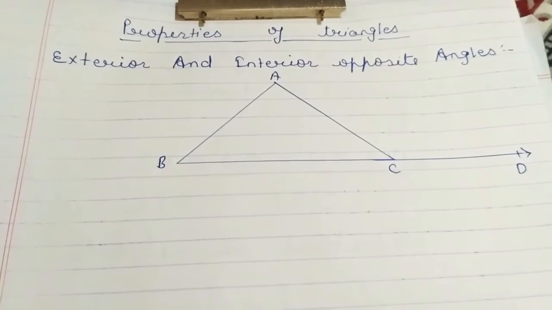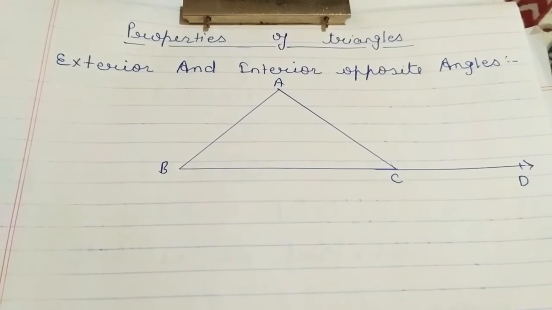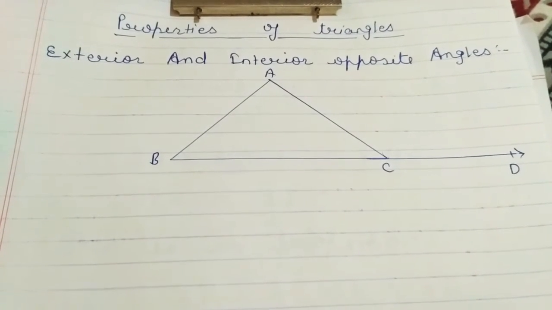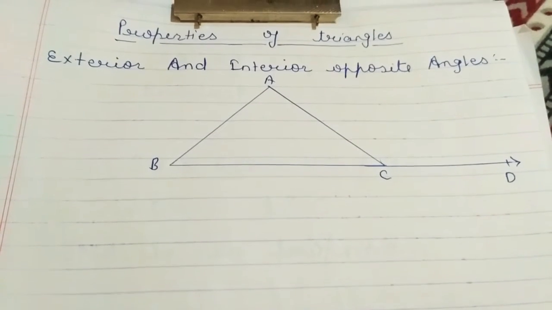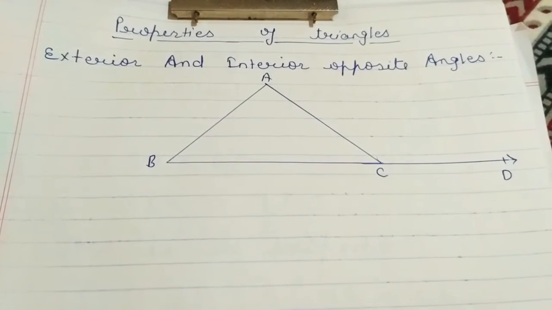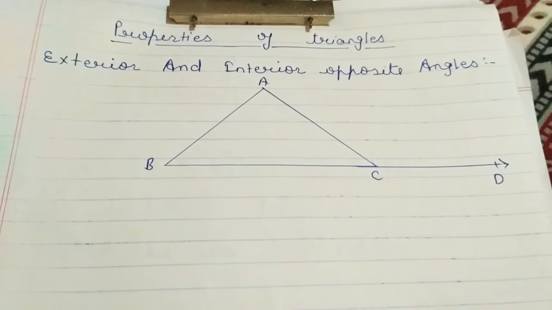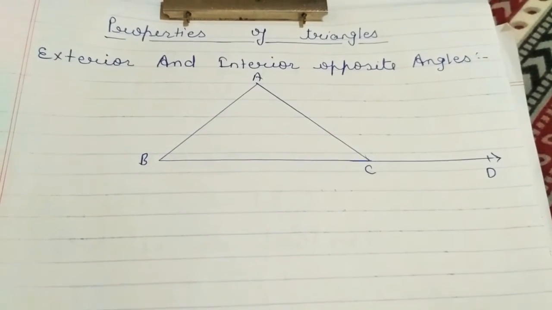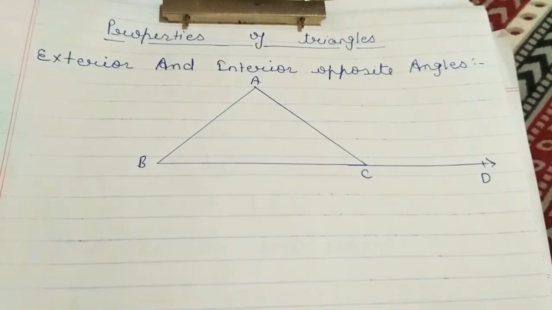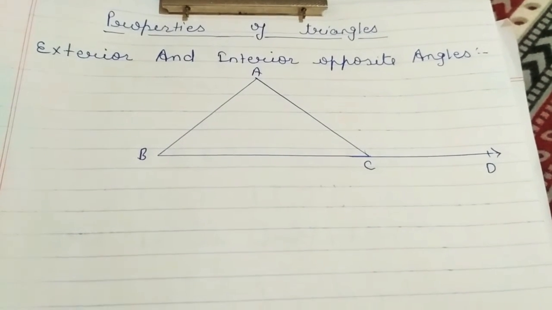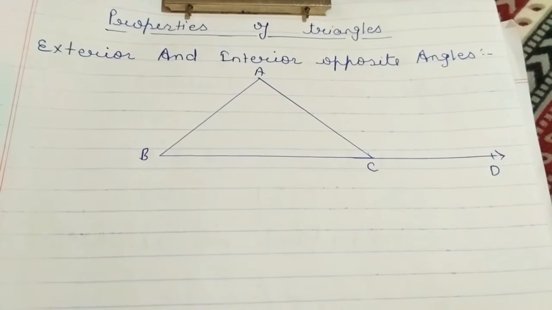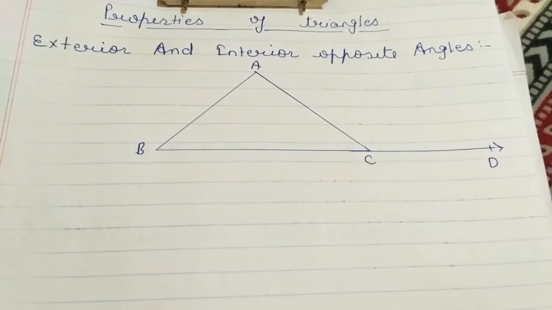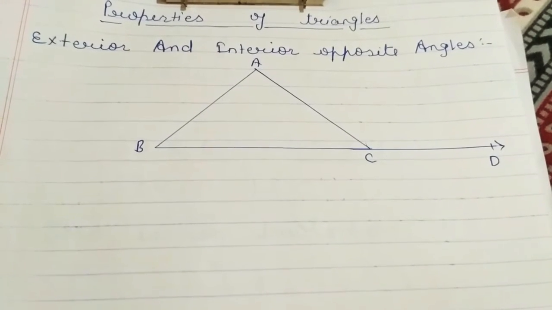Today I am going to explain one of the most important properties from the chapter Properties of Triangle. The name of this property is exterior angle property of a triangle. So first of all, you should know about the angles, which angles you can call interior and which angles you can call